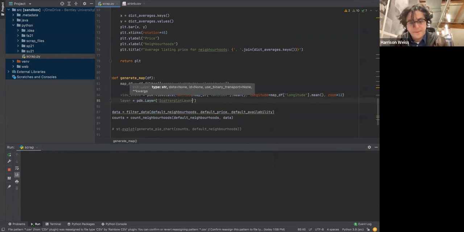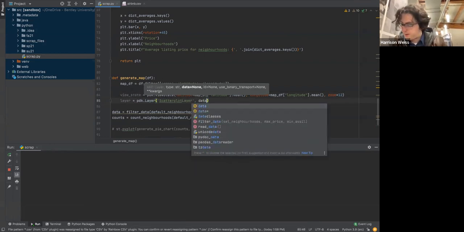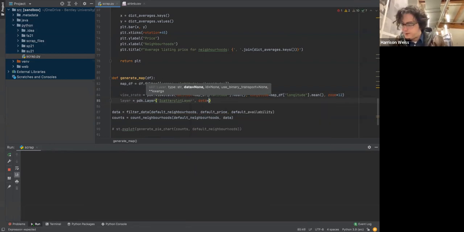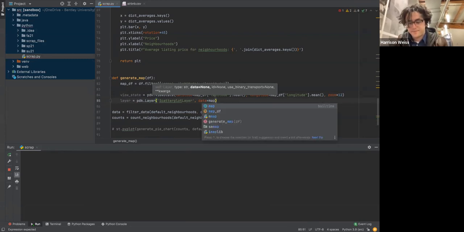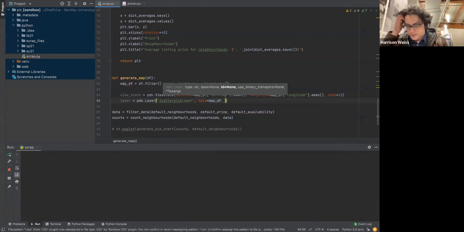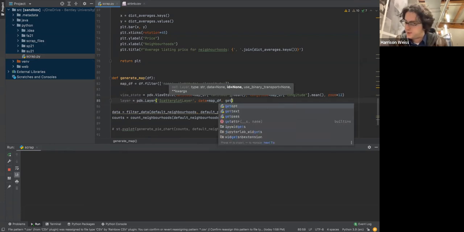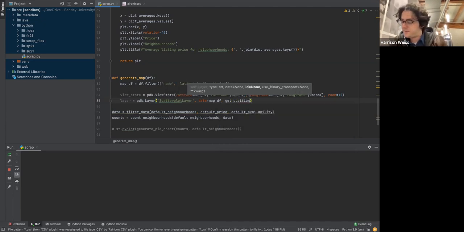Plot layer. Okay. The scatterplot layer is going to have the data for it. It's going to be the map data frame. Okay. And then that's the data for it. I need something else though. Oh yeah, I definitely need to get each position. So it's get_position is going to be